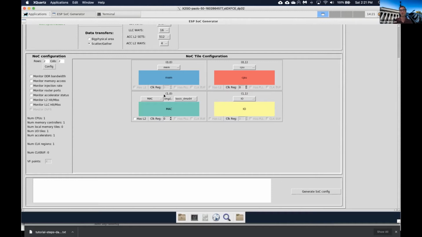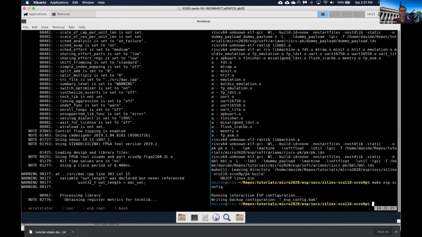So if you do not have those folders that I've shown you before, you won't find Mac and FFT in the GUI. Okay, so HLS is still running, but I'm just going to show you the target and then hand over. If you run